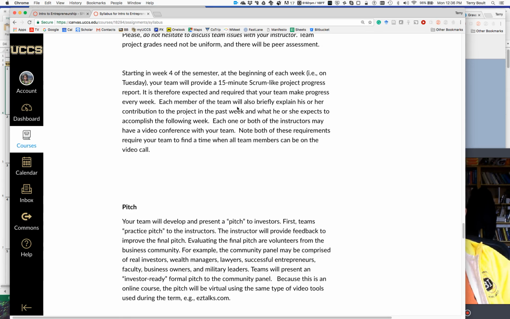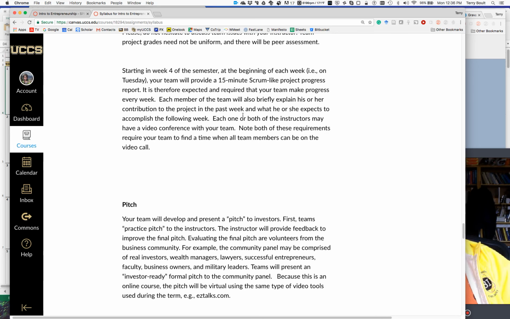Each team member will also briefly explain his or her contribution to the project in the past week and what he or she expects to accomplish in the following week. Each one or both of the instructors may also ask to have a video conference with your team. Note that both of these requirements require that your team find a time when all team members can be on